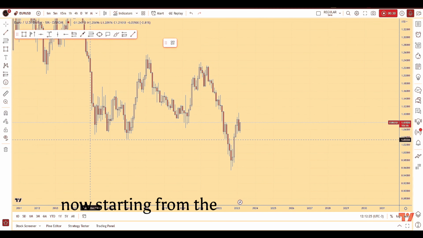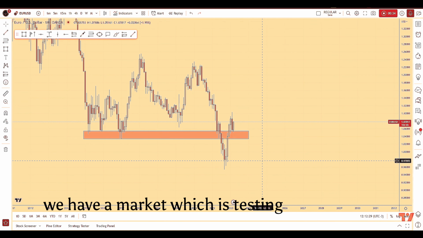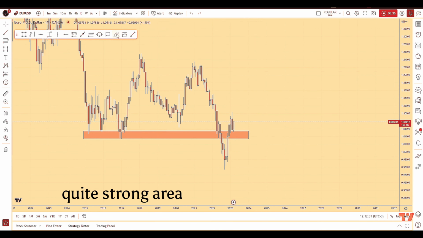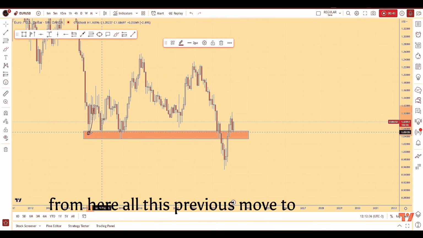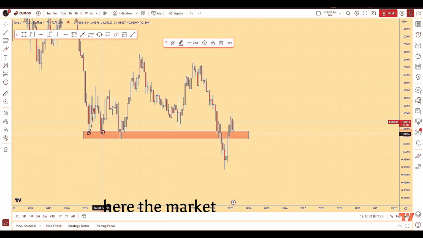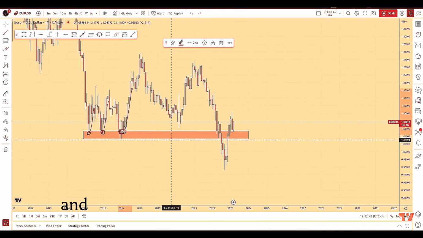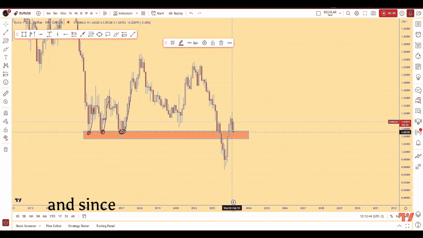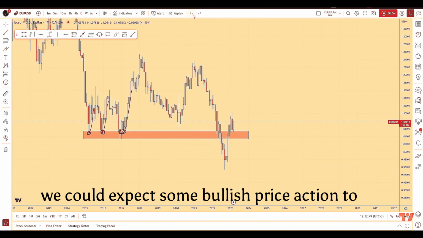Now, starting from the monthly time frame, what we can see is that at the moment we have a market which is testing and rejecting a quite strong area of monthly demand and support. From here, all this previous move to the upside was created. Again, here the market tested its zone and rejected it to the upside. Again, here we had the test and the market is rejecting it to the upside. And since we just got another test of this zone, we could expect some bullish price action to be created